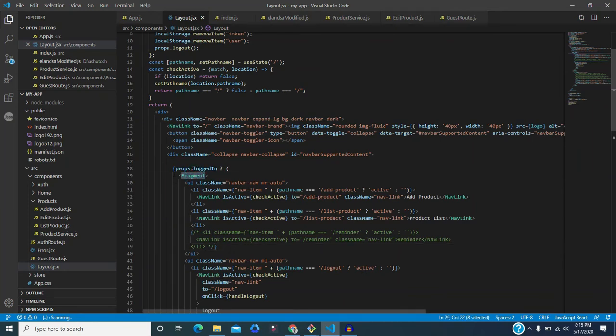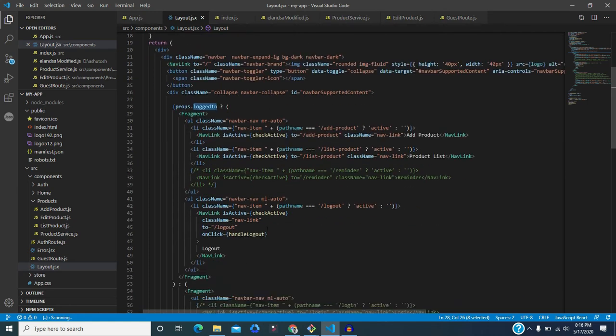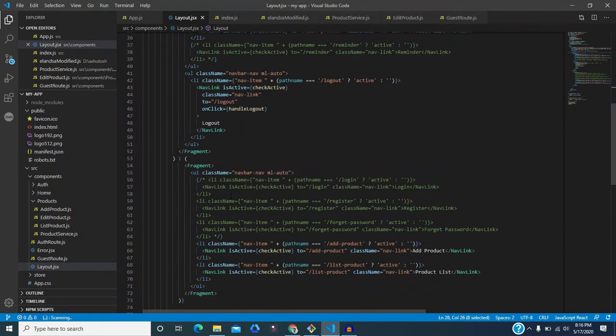This is the ternary operator here, which checks whether that particular user is logged in or not. If logged in, then the links and the header content will be different, and if not logged in, then that will be different.